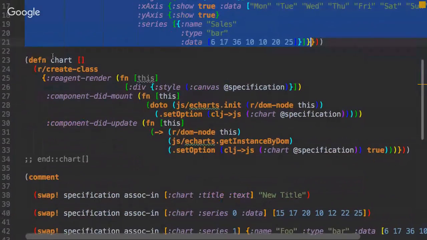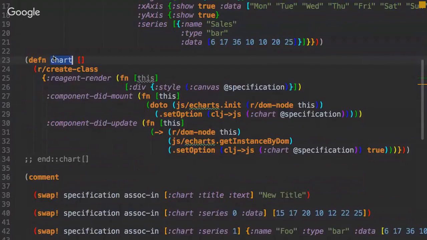But what's important here is that there's a chart element, a React chart element, and React provides you with lifecycle methods, and those are important if you interact with some bigger library and have to set up things that are not necessarily reactive, right? So here you have a render function, which just gives you back the canvas, basically. Once the component has actually mounted in the DOM, at the right place in the browser, this function is invoked, and what it does is it initializes the JavaScript library eCharts